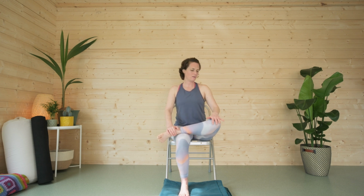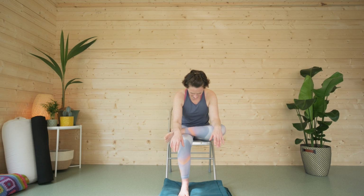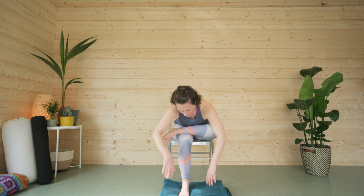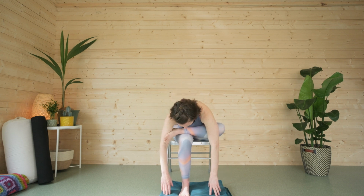The foot or the leg is resting on the other leg, and you can press into this knee a little bit. So you can stay here, or you can slowly start to soften forward. Now, if it's not comfortable for you to lean on the leg, feel free to grab a cushion from your sofa, pop it on top, and rest on that. And the idea here is that we're going to soften the head a little bit, the neck too, and lean forward. So lean as far forward as you can here, maybe all the way down,